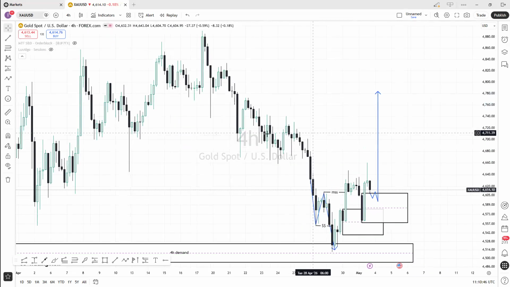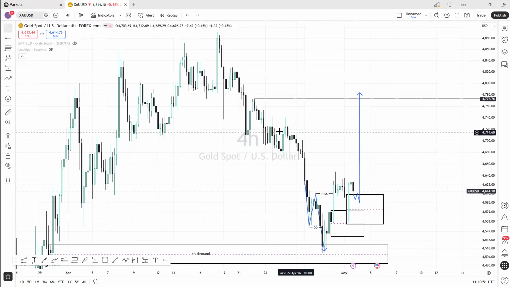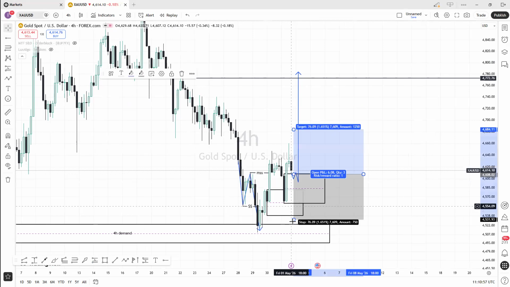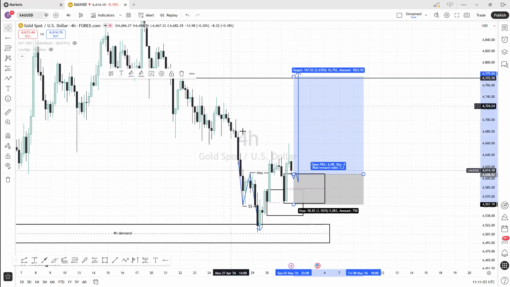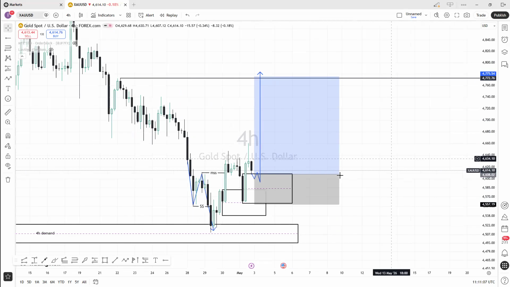Our target will be liquidity levels. Here on the left side, we can target this swing high buy side liquidity. So when you get a confirmation around this area, click a buy, stop loss below the propulsion, and then take profit around 47.72, which is very, very good